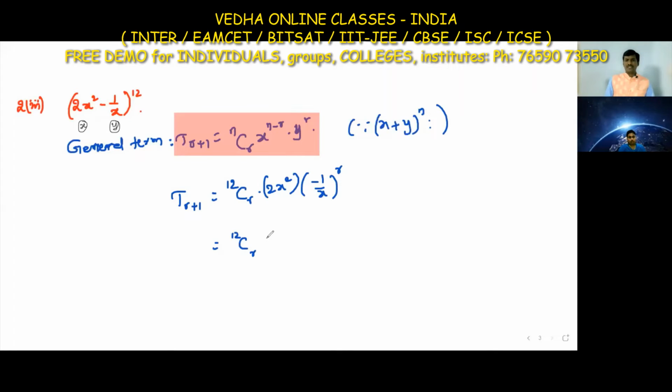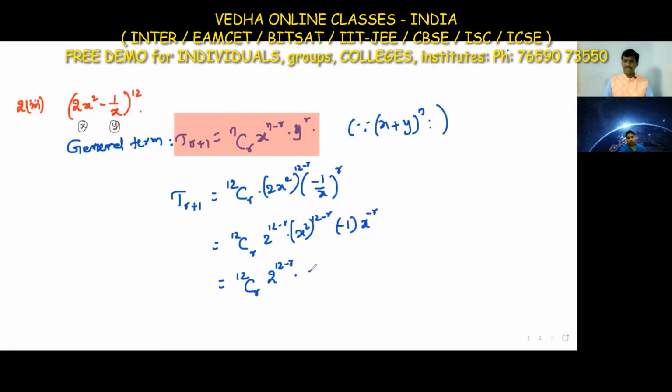12CR as it is. I am writing (2x square) whole power n minus r, that is 12 minus r, into (minus 1 by x) whole power r. Yes, 2 to the power 12 minus r into x square to the power 12 minus r, and minus 1 into x to the power minus r, taking denominator to numerator. So now this is equal to 12CR as it is and 2 to the power 12 minus r as it is